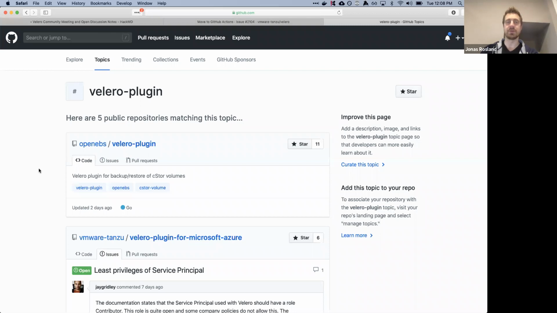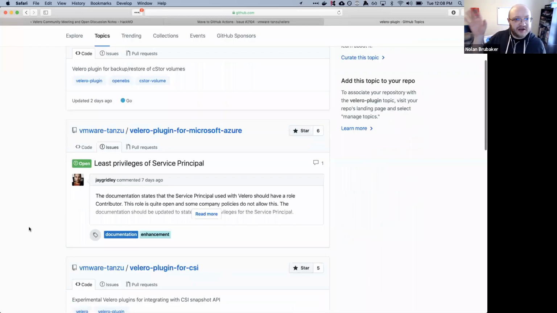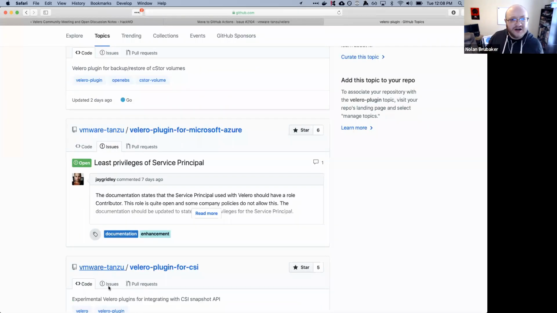I think this is really cool because it makes it easy to just link to a list of Velero plugins as well. We have a supported list of plugins in our documentation with jumping off points to other people's documentation, but that makes us kind of a blocker. So this we can rely on GitHub's infrastructure, and it's a little bit more rich.